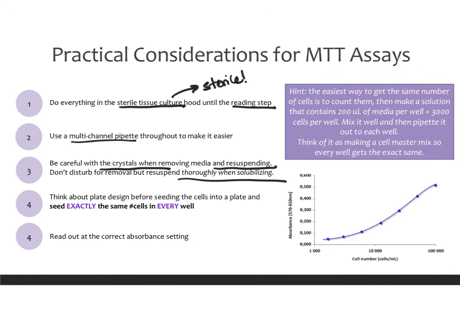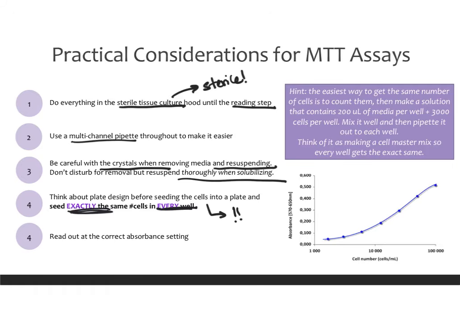And think very carefully about your plate design before you seed your cells. So before you do even the first step where you're seeding cells into a plate, make sure you've thought about the design and how many wells you're going to need and how many plates you're going to need. Because once you seed those cells and you do the treatments, you're not really going to be able to go back and add any more replicates or add any more conditions. So be careful here. And always seed exactly the same number of cells in every single well, because this assay